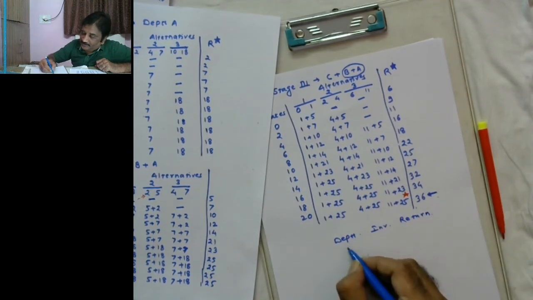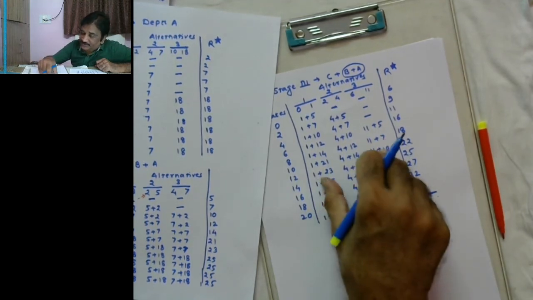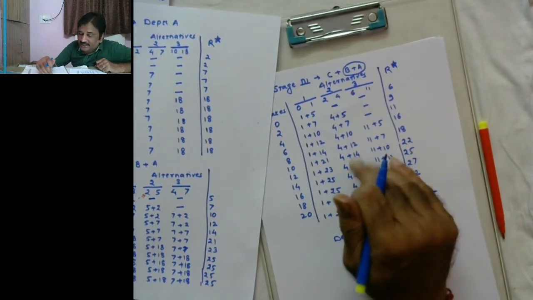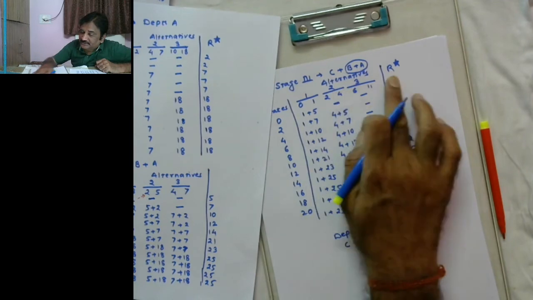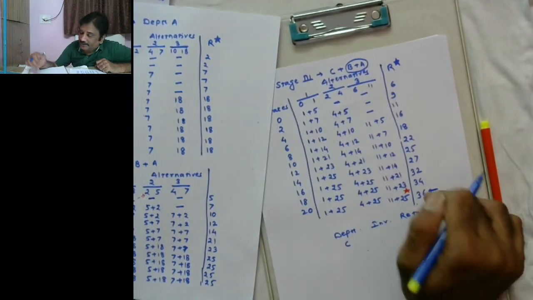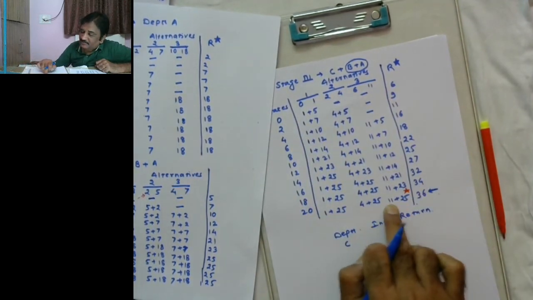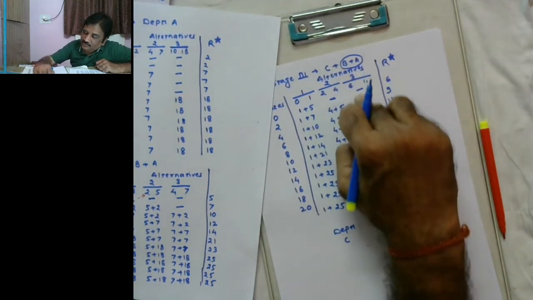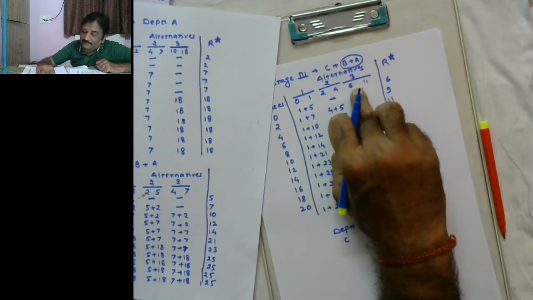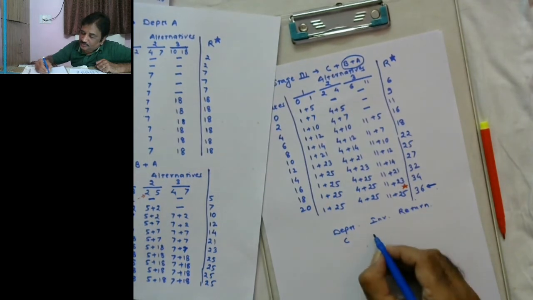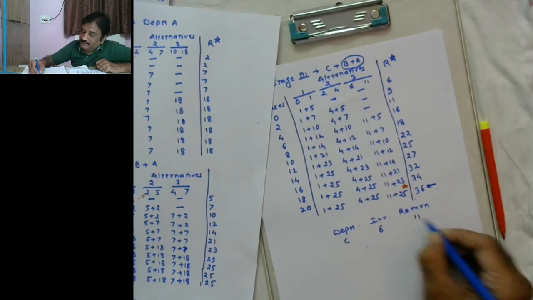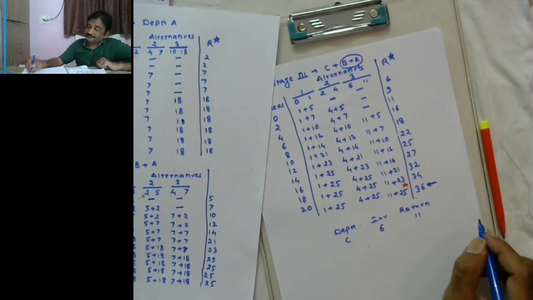Alright? Department C. Because the first department I will be coming across when I start to backtrack is department C, because all these alternatives are for department C only. So 36 is coming because of this 11 plus 25, and this refers to the third column. Third column means the third alternative should be used, and it will require an investment of 6 crore, and I will be getting a return of 11 crore.